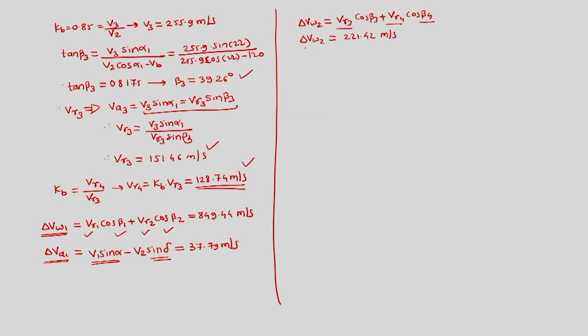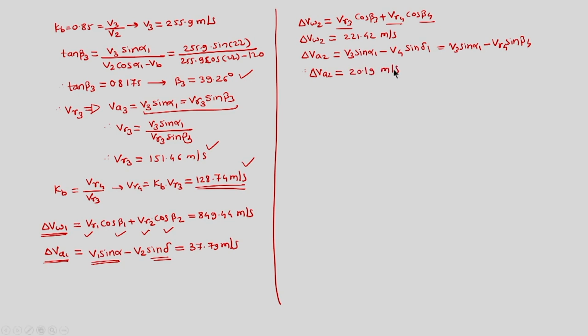Similarly, delta VA2 is equal to V3 sin alpha 1 minus V4 sin delta 1, but this is also equal to V3 sin alpha 1 minus VR4 sin beta 4, since beta 4 is given to us. So from that delta VA2 is equal to